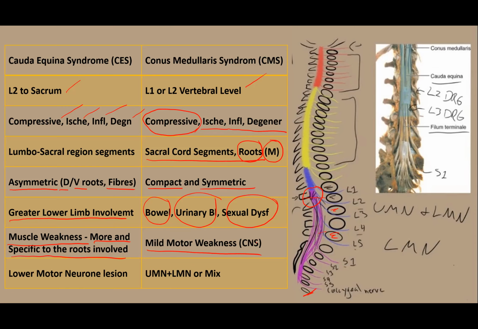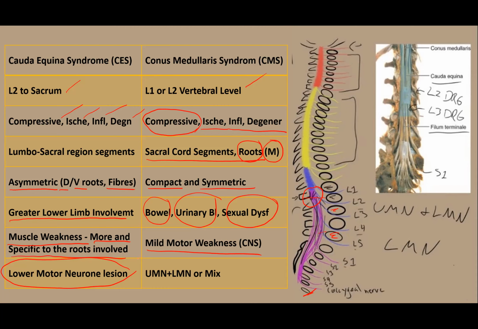So lower motor neuron lesion, this is typically an element type of lesion where you have wasting, fasciculations, hyporeflexia, and then the hypotonia. What are the four important areas in terms of muscle power? Power is decreased. In terms of tone, it is hypotonia. In terms of nutrition of the muscle, it is reduced nutrition or wasting and fasciculation. And also you have reflexes. So wasting, fasciculations, hypotonia, and then low power, and then low DTR or decreased DTR are features of lower motor